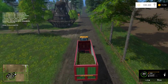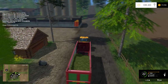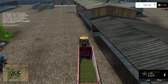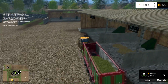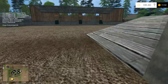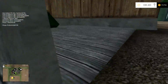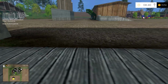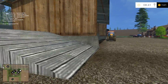I may have to get in. I don't know. A couple of the triggers on this map are kind of deep. The potato one, I had to back the potato rig all the way back in to hit the trigger. Let's see what this one does. Okay, it's there, so that's not bad. These triggers are out far enough, but that one over there for the potatoes, I couldn't get in close enough. Whichever one was the potatoes. Was it this one? Can't remember. I had to back almost all the way in before it would hit the trigger. And I guess that's okay, because I've been having to do the potatoes manually, so...